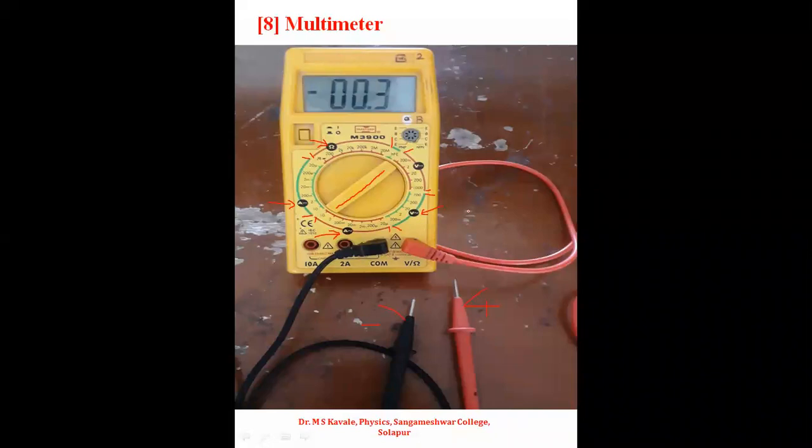So whatever you want to measure, you have to change the position of the knob in the clockwise or anti-clockwise sense. Okay, suppose you want to measure the value of a resistance which you actually don't know, then you have to change the position of the bar present on the knob towards this 2k or 20k or 200 in the ohm range. Okay, so this is about the multimeter.